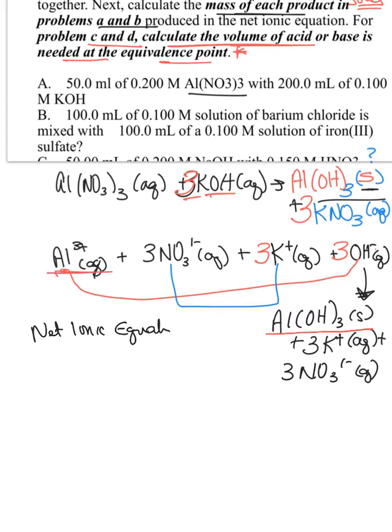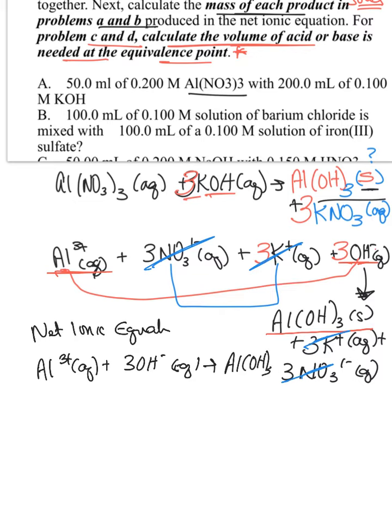So I'm going to keep aluminum, and I'm going to keep hydroxide. So my spectator ions will be the nitrate and the potassium. So when I rewrite this, I just write aluminum 3+ aqueous plus 3 hydroxides aqueous goes to aluminum hydroxide solid. That's my net ionic. And then my problem